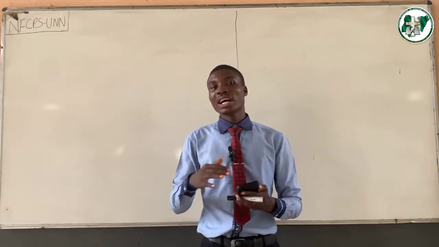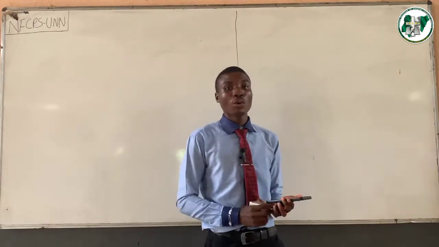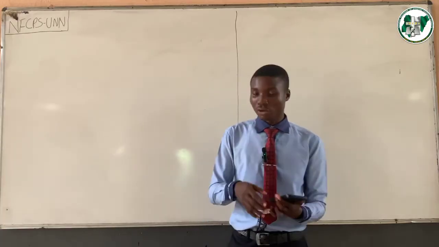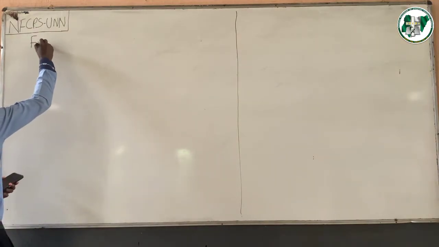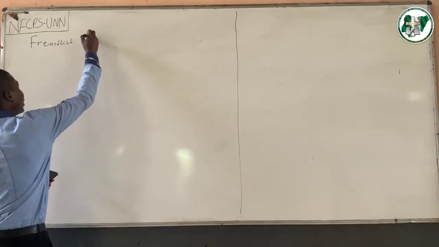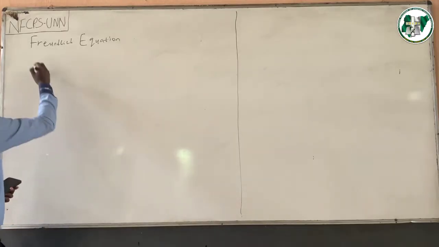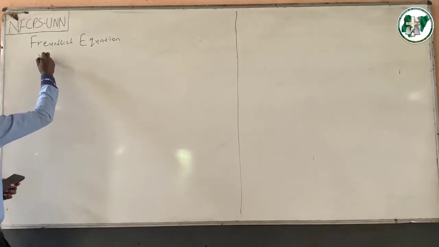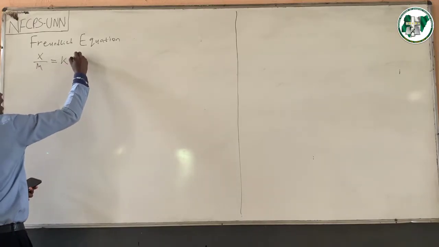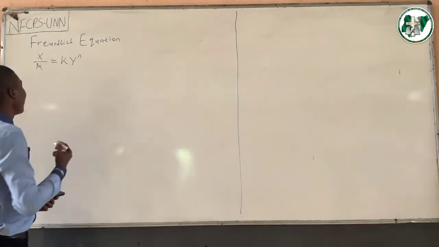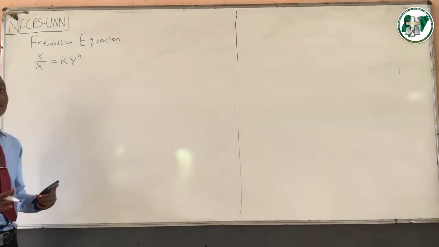So adsorption usually has different theories or different equations that can be used to explain it. But for today's video and for the purpose of this particular course, we're going to be looking at adsorption from the standpoint of the Freundlich equation. From the Freundlich equation, and that equation is x over m equal to k y raised to the power of n. So these are the things we have in the Freundlich equation that explains adsorption,